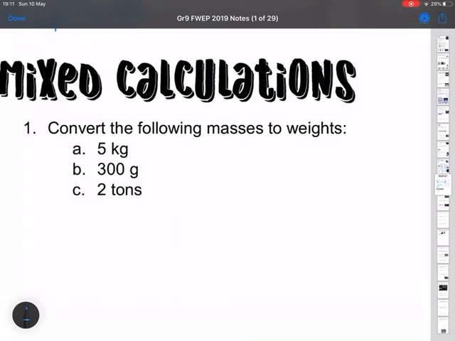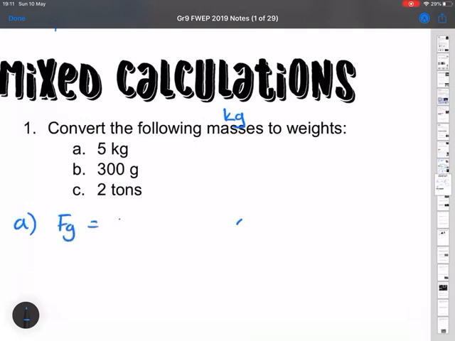Convert the following masses to weights. If any of them are not in SI units for mass, remember the SI unit for mass is the kilogram, then you need to first convert them. So for 5 kilograms, you don't need to do any conversion. 5 kilograms you can keep as is. The formula: